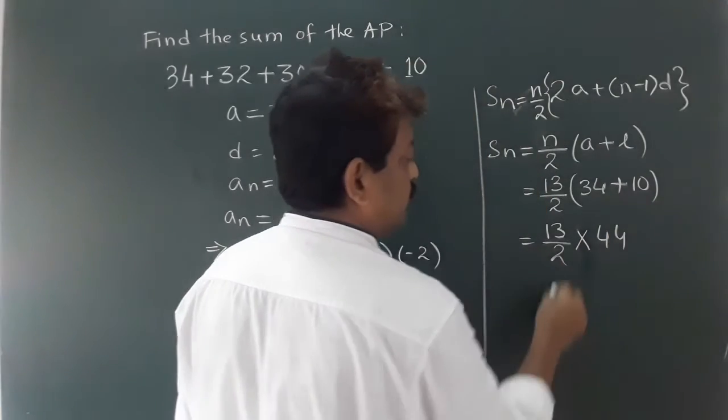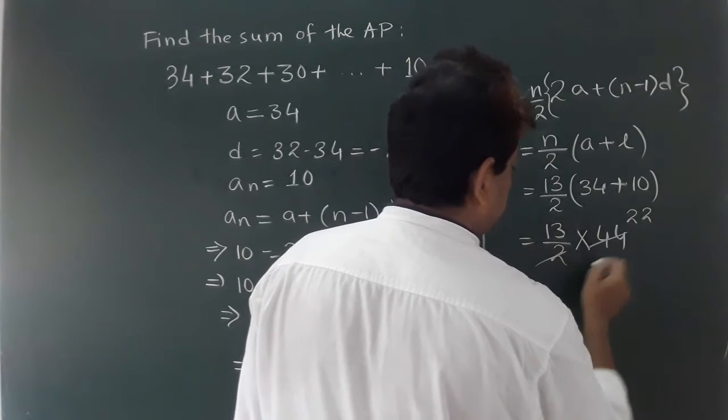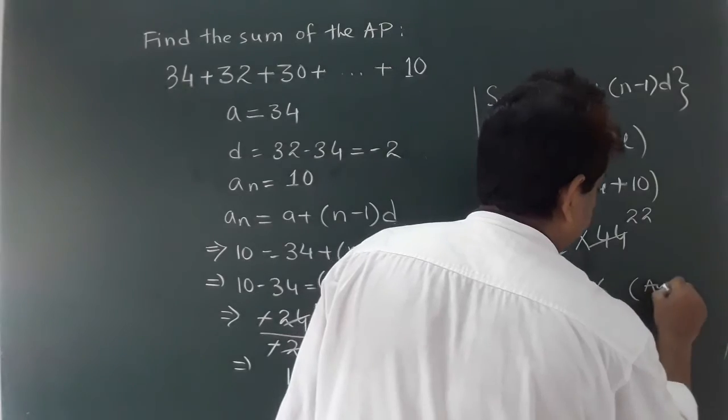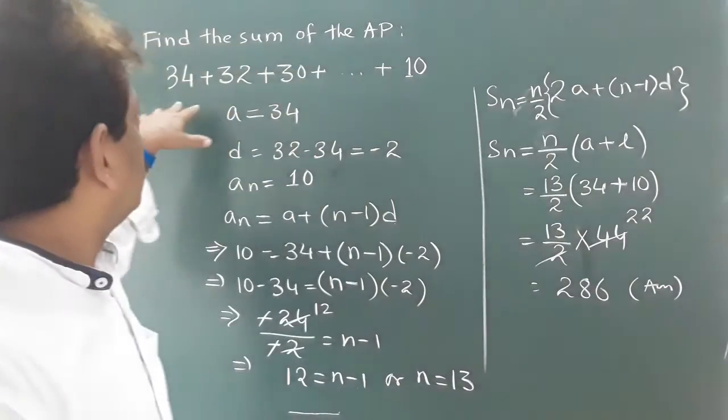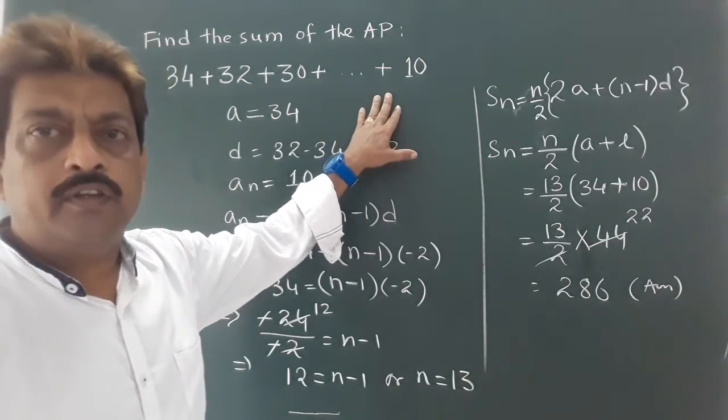34 plus 10 is 44, so it will be cancelled. So it will be 220 and 66, that is 286. Is the answer. Just a little bit, this sum is a little bit different because here n is not given, and